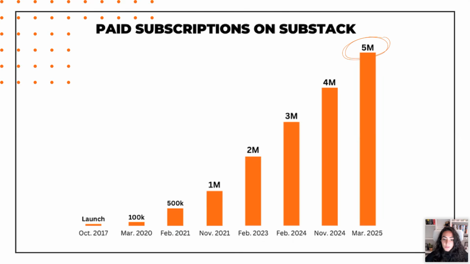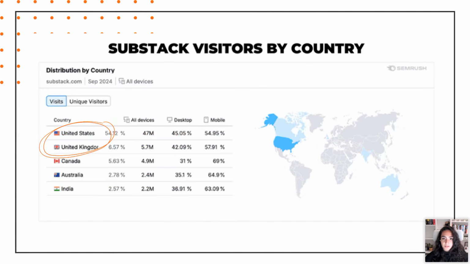And last but not least, what we also find really fascinating as business owners is the audience on Substack in particular. Right now, we have a very strong US focus on Substack. So if you already have an offline business or even a digital business, and you're looking to particularly expand your audience in the English-speaking area, US readers, UK readers, and then Canada, Australia following. So we have a really strong English-speaking reader base and audience base on the platform right now, which is making it particularly attractive for anyone who wants to build an international business and an English-speaking online business.